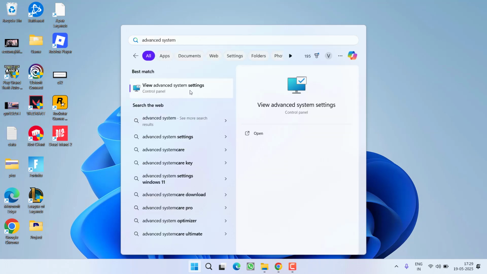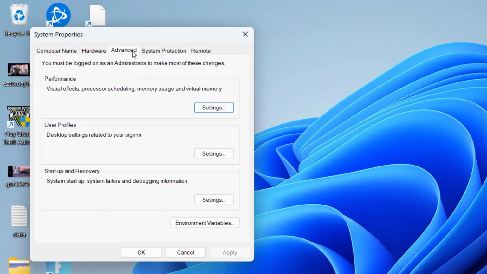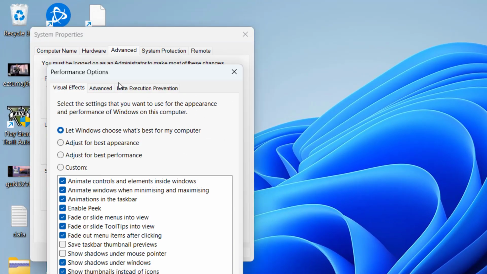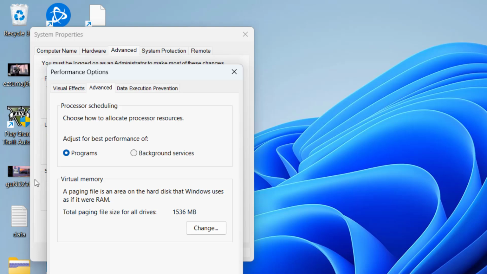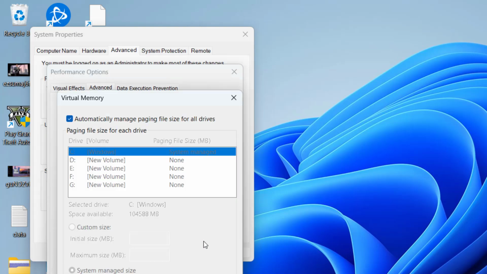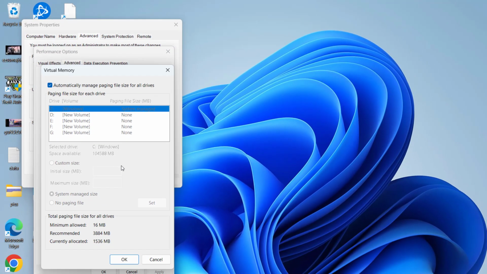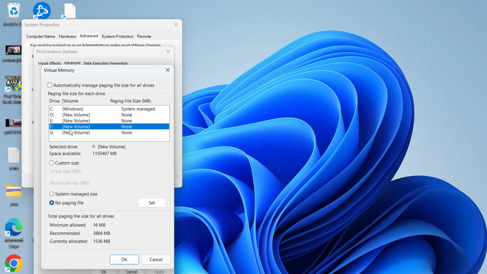Now click on the option View Advanced System Settings, and under the Advanced tab, click on the option Settings. Now again choose Advanced tab, and under the Virtual Memory, click on the option Change. Now from here, we are going to change the VRAM for your game. Uncheck the first option, automatically manage paging sizes. Now in whichever drive your game is installed, C, D, E, F, select that particular drive and choose the option